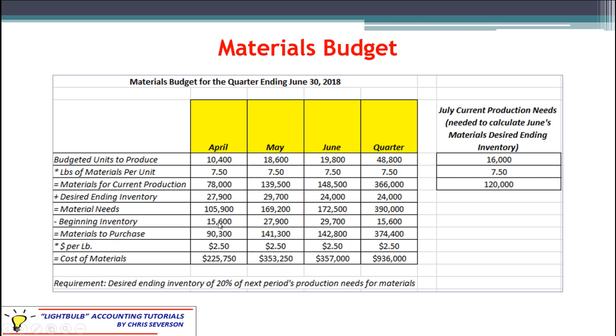So again, usually you're dealing with 2 different months at a time, going back and forth, but at any point in time, especially the first month of a quarter, if you need to decide what your beginning inventory is going to be, that would have been March's ending inventory, but we don't know March. So to find the exact same number, the same way we would have if we were calculating it as beginning inventory for March, we just take April, which would have been the next month. We take April's material needs,